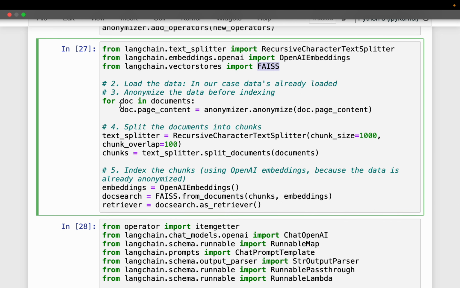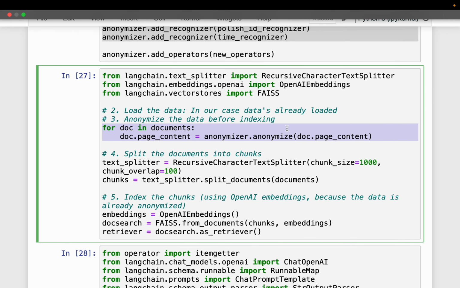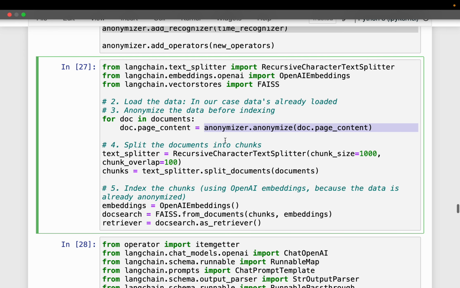Okay. So first here we have anonymized our document, right? In this case, we have only one document. With this one, we have already defined our custom patterns for both the Presidio as well as the Faker, and we have anonymized the document.